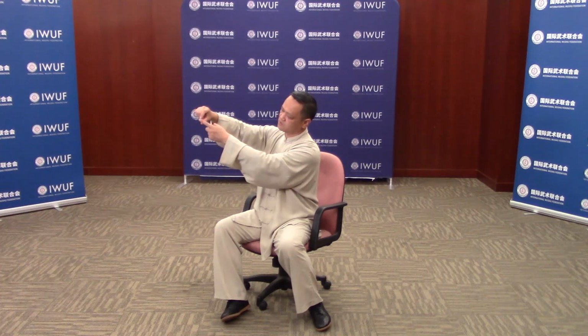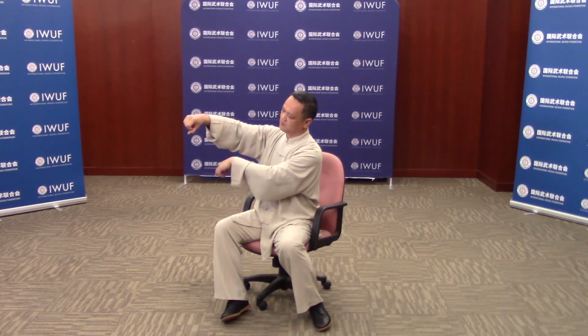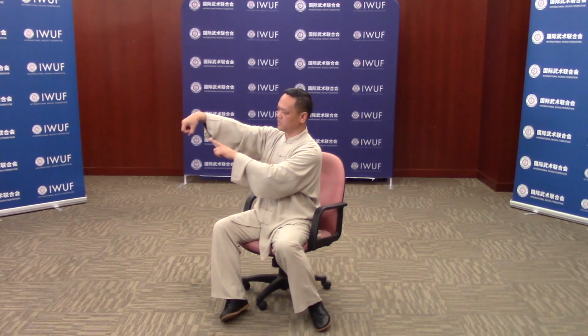You put the tip of the index finger in the middle of your thumb to do this. This is the hook hand of the Chen style Taijiquan. Okay, let's repeat it one more time. Let's go. Raise up